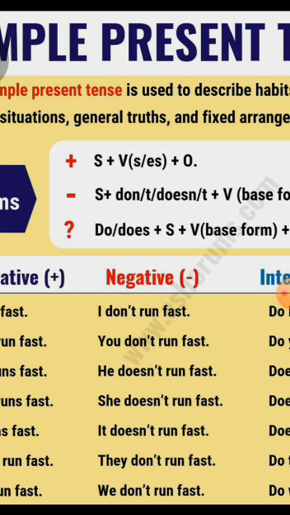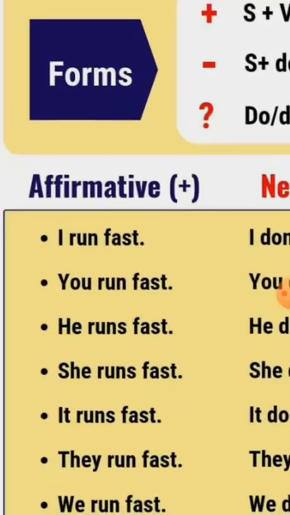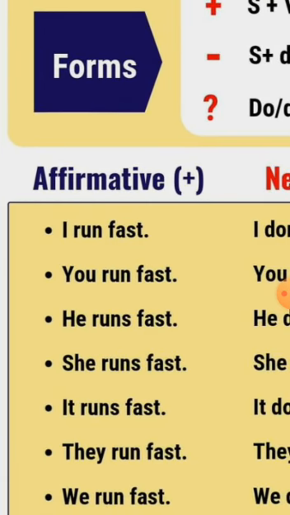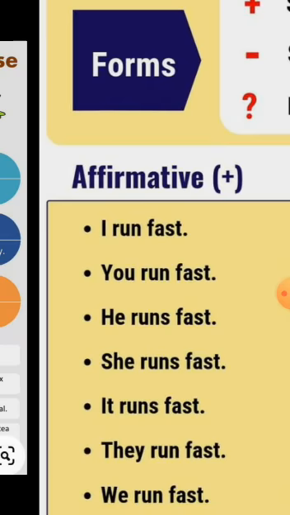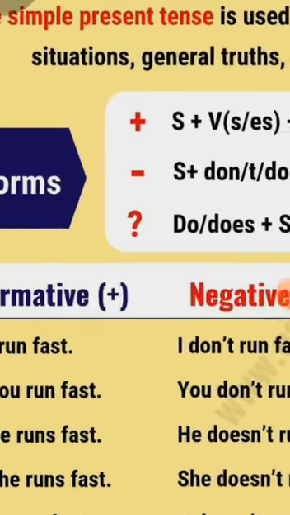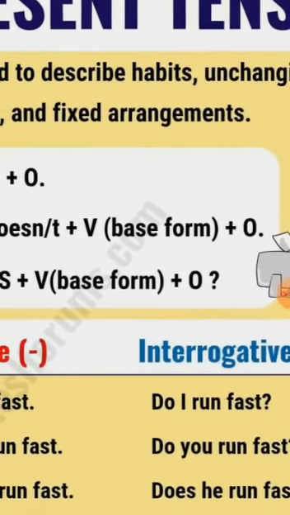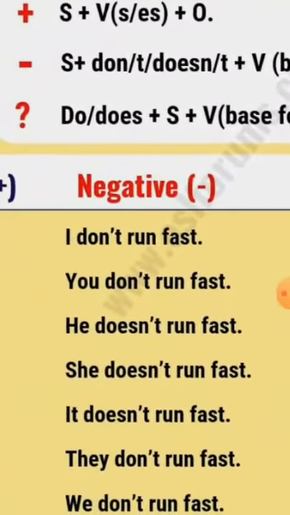So in this I was talking about simple sentences. These are affirmative, like I run fast, you run fast, he runs. As I told you, s or es is used with the singular subject he, she, it. So he runs, she runs, it runs, they run fast, we run. These are affirmative sentences. It means they are positive. We are talking generally. But when we talk in the negative form, like I don't, for these we use subject plus don't or doesn't, and then the first form of the verb, the base form, and then object. We can see the example here.